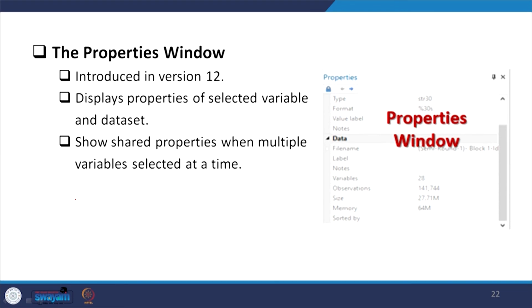Similarly, the properties window gives which kind of variable it is, whether it is a string variable or a numeric variable, all those details will be displayed. This was introduced in version 12 onwards. If you click on a particular variable, it will show you the variable details, but if you have selected many variables, it will give shared information.